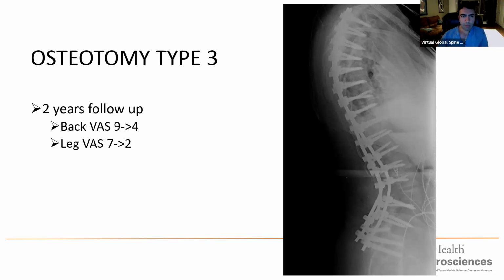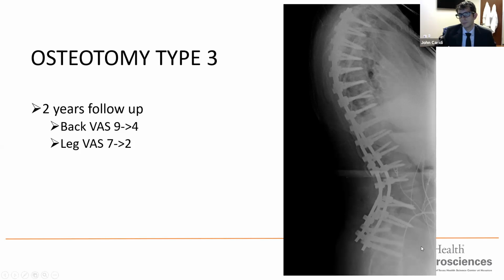John, can you comment on the SVA? Do you think it's negative in this case? So let's see. Here's the back of her sacrum. Here's C7. So I think it's very close. Her global alignment ended up being okay. For some reason, this X-ray cut her off her head, but it ended up being okay.